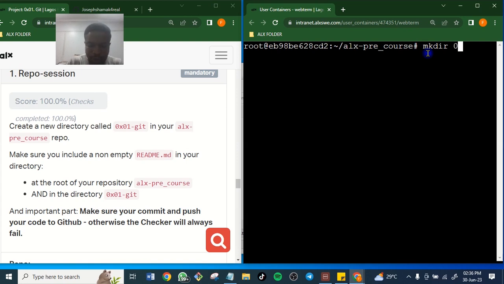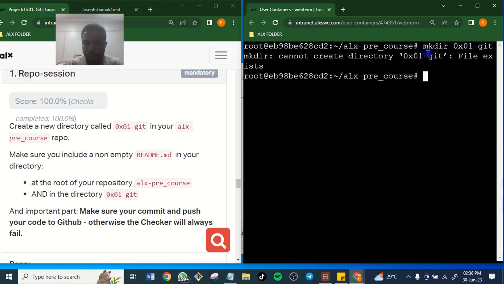0x01 slash git. So let's enter. It says cannot create directory, file exists. For me it has already been created, but for those that are just doing it, it would go through directly.